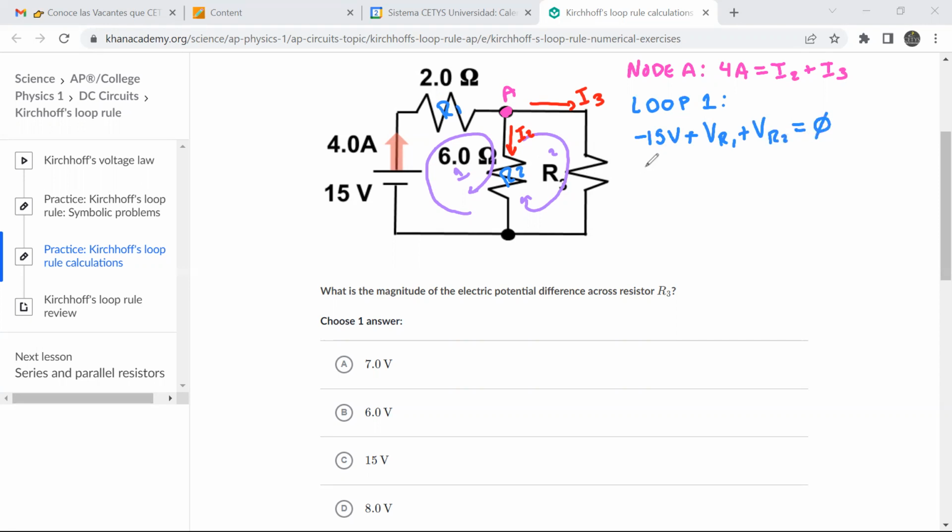I know that the voltage in R1, I can calculate that because I have the current. Correct? It's going to be the resistor, which is 2 ohms, multiplied by the current, which is 4 amps. And I don't know the value of voltage of R2. This is going to be minus 15 volts, 2 times 4 is 8 volts, plus VR2 equals 0. That means that VR2 is equal to